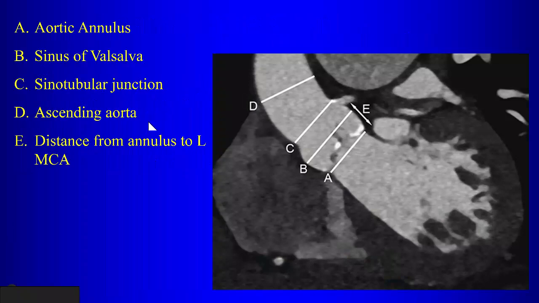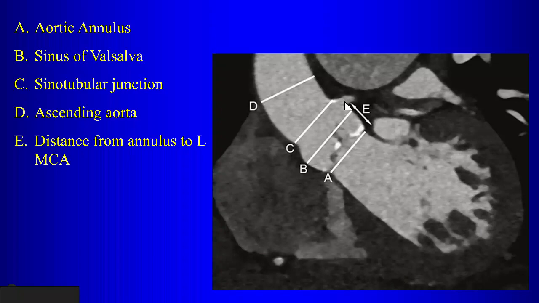in these TAVR valves. Before a patient has the valve placed, they have a pre-procedural CT scan where measurements are taken because it has to be sized precisely to the valve and where it's going, in the aorta. So the important measurements that are taken here: the aortic annulus, this area here, the sinus of Valsalva, this area here, sinotubular junction, ascending aorta,